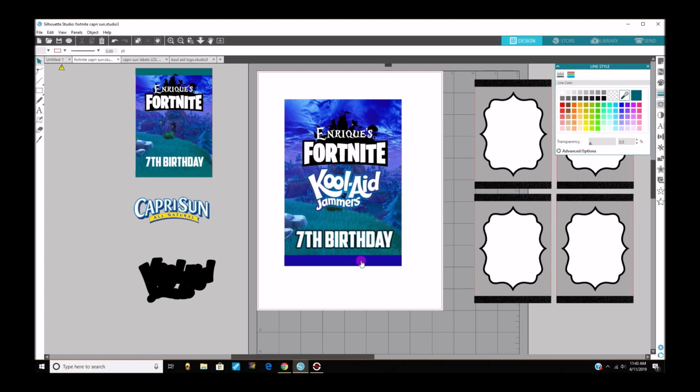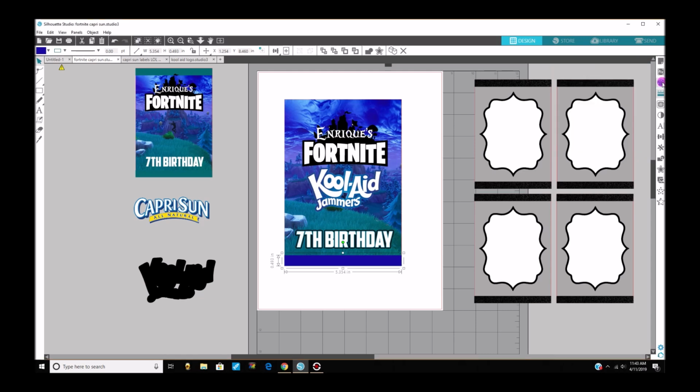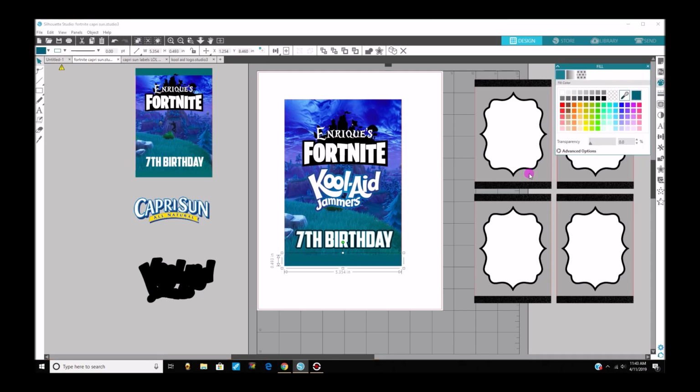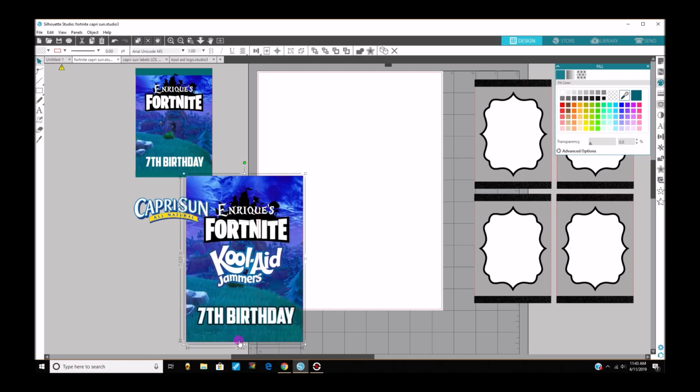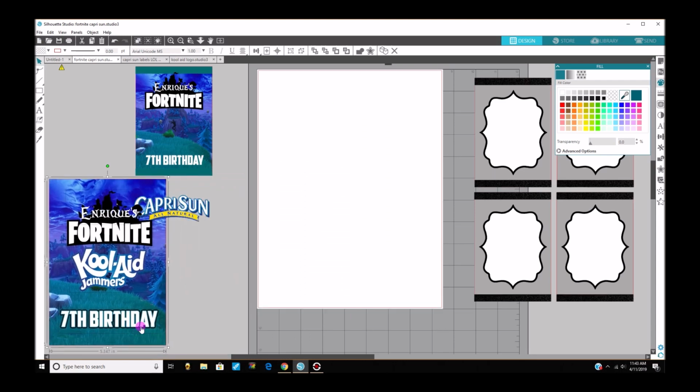Now this blue has got to go. Let me see. Let me try this teal. Or I just might take it away completely. Yeah, I think I'm going to take it away because it has grass. Like it's in the grass area. I'm going to delete all of these because I don't need them. Now what I'm going to do is move this over, duplicate it,